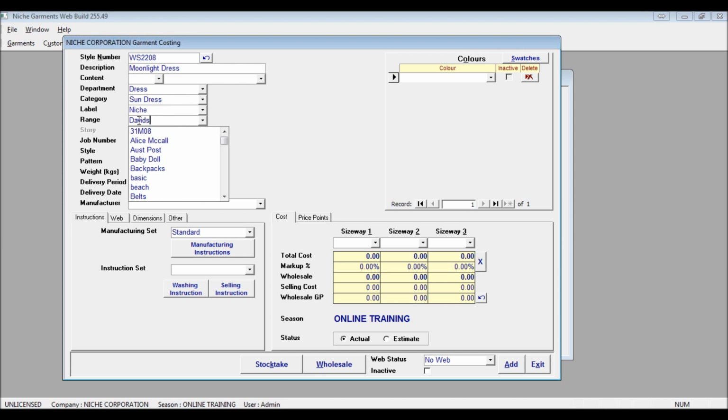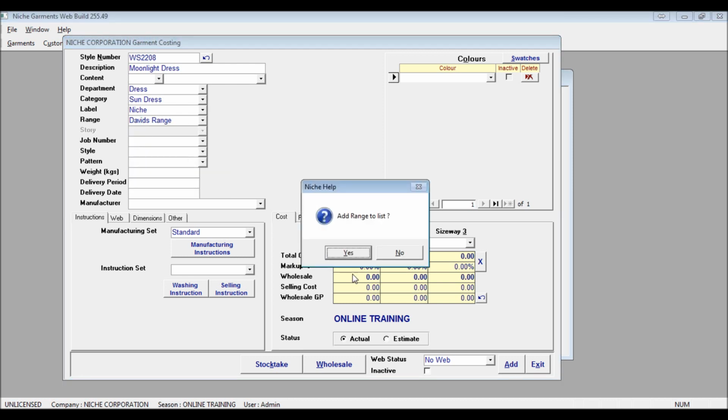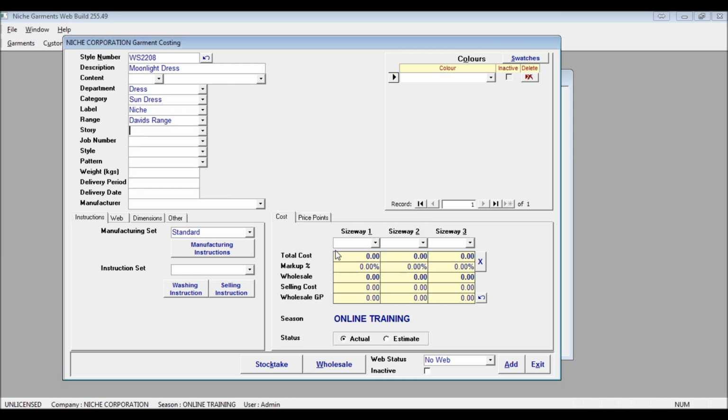So I'm just going to make one up here. I'm going to call it David's range, and it's going to add it to the list. And you can see there now that David's range will be there for the next time you want to select it. All of these fields are, as I say,